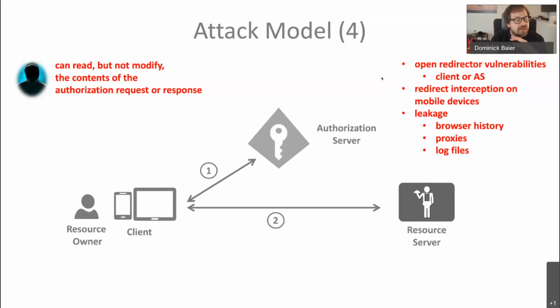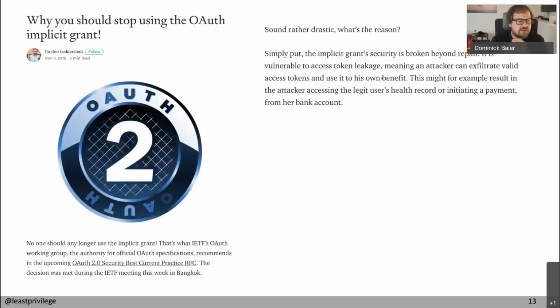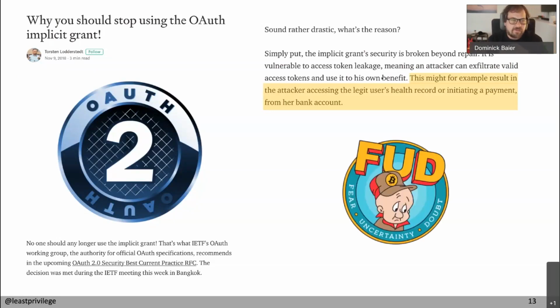Now, these security guidance documents have been in the works for quite a while. No one was paying attention to that until, I guess, late 2018. One of the authors, Thorsten Lodderstedt, a well-respected colleague of mine, wrote this blog post: You should stop using the OAuth implicit grant. And he basically said that if you do it, this might result in an attacker accessing your health records or initiating a payment from the bank account. And to be honest, the way it was written, it was a little bit